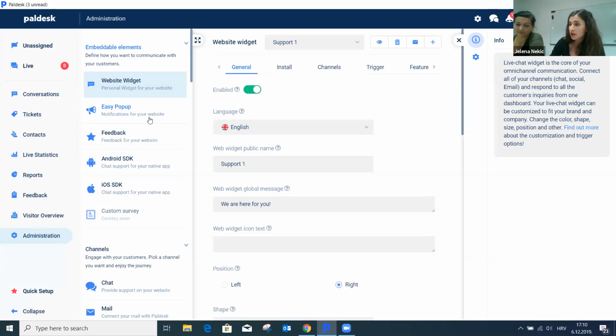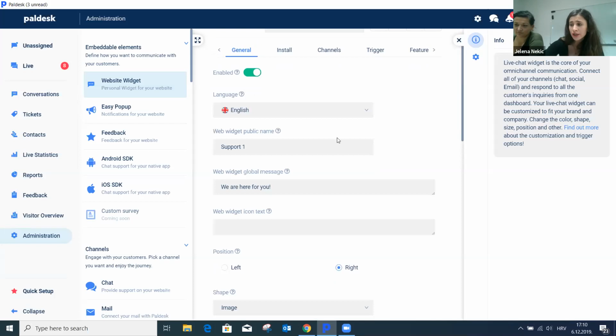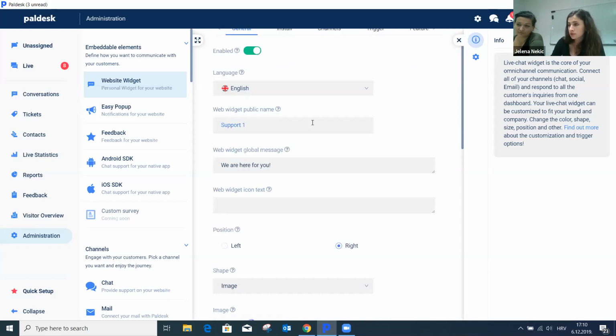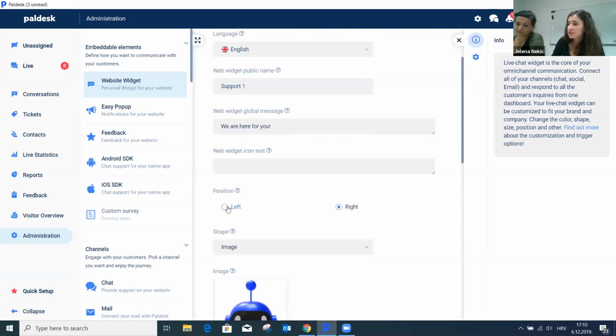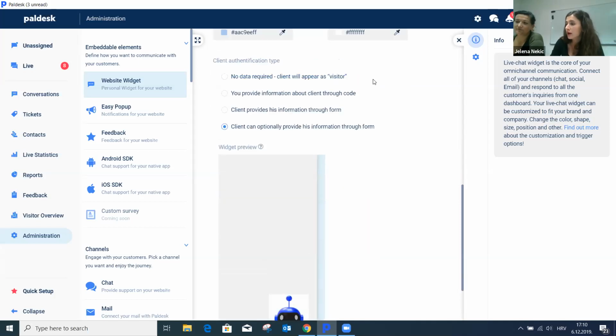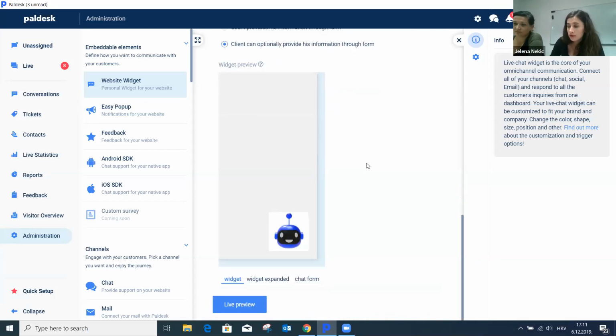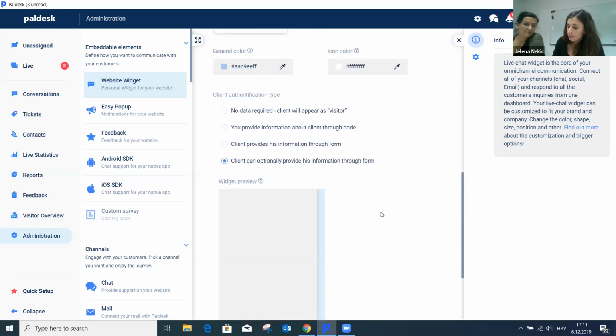Setting website widget includes changing the language of the labels. Here you can choose from a list of languages. You can change the text that will be visible to your customers in your own language. You can change the position of the widget on your website, the image, and the colors, and you have client authentication type. We'll come back to this when we have a short demo. But actually, when you choose client authentication type, here you will set up how your chat form will